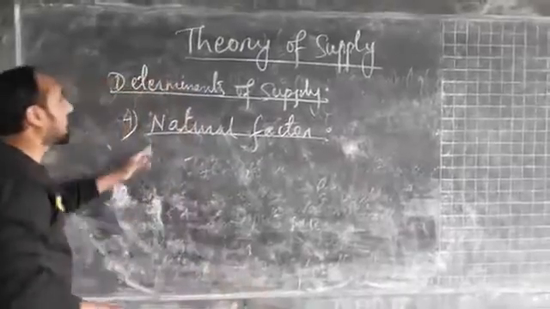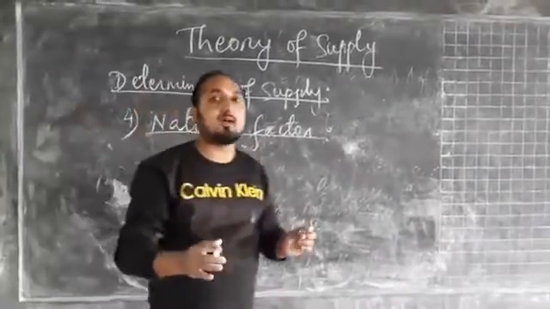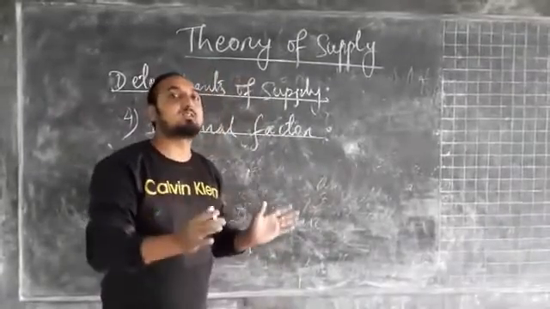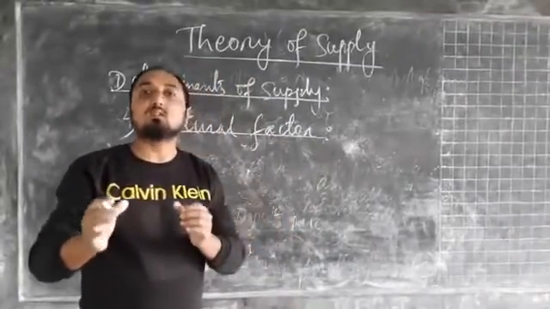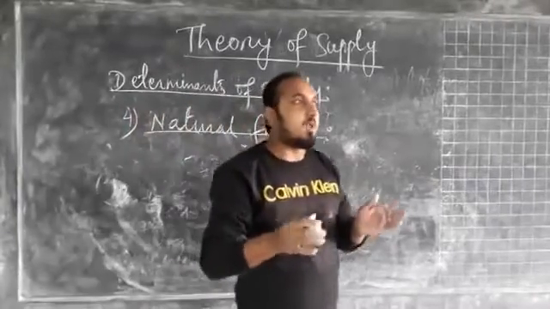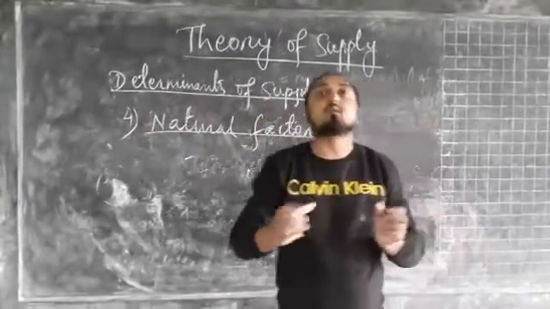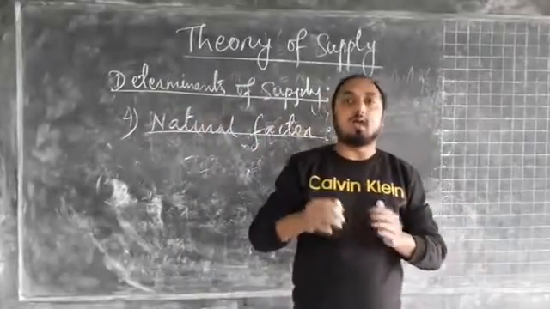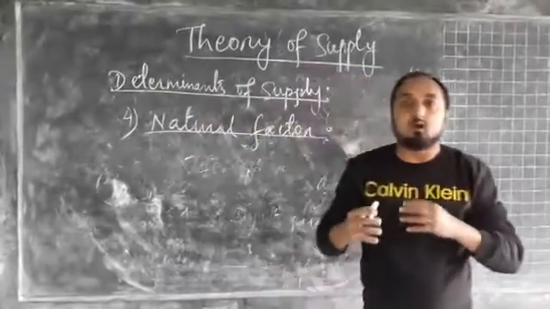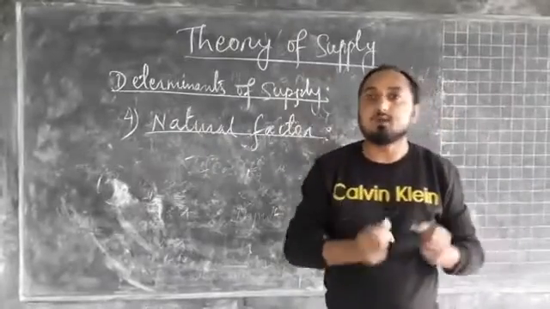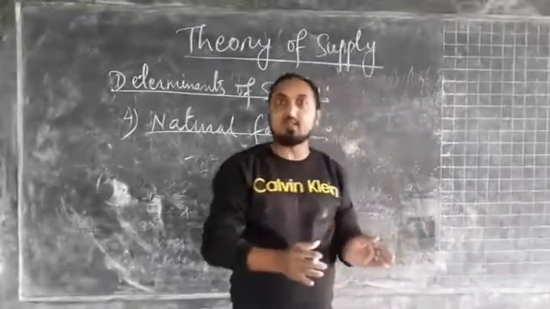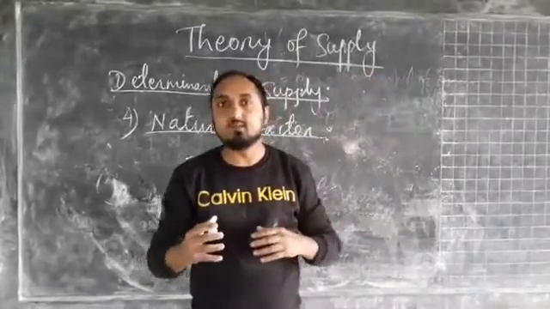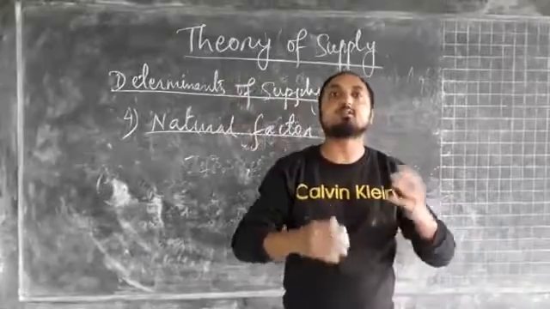Next, we have natural factors. Natural factors also affect the supply of a commodity in the market, especially in the agricultural sector. So when there is an unfavorable climatic condition, or if there is a flood or heavy rainfall, that may decrease the supply of a commodity, because heavy rainfall or flood may affect the production, that may destroy the production of